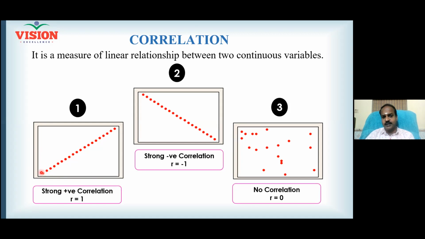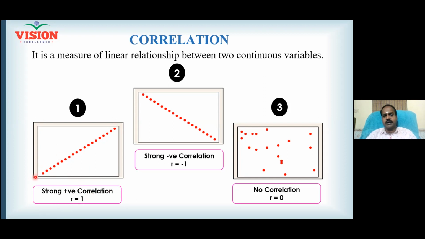And moreover, the pattern is a perfect straight line. We'll say, perfect relationship, perfect correlation. This is called an example of perfect correlation. When a perfect correlation happens, the Pearson correlation coefficient R will attain a value of 1. The maximum value of Pearson correlation coefficient is 1. That will happen when all the points are aligning in a perfect straight line.